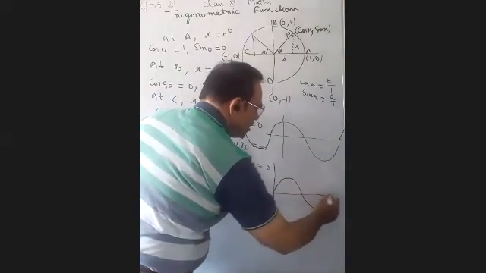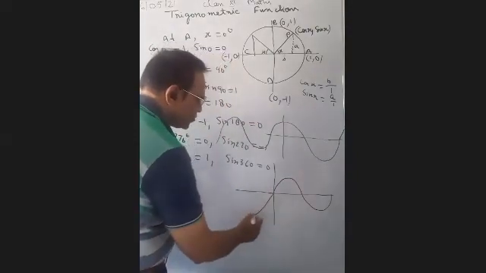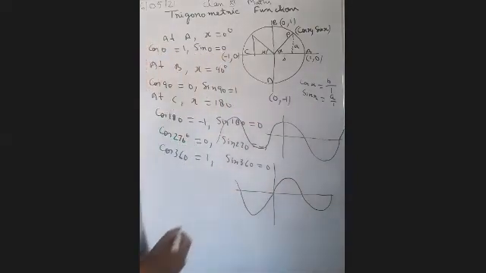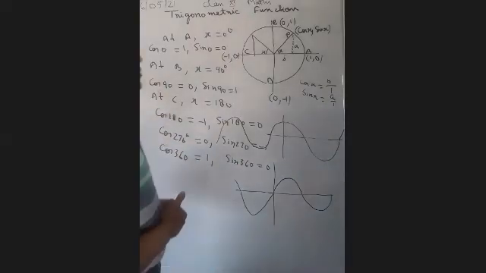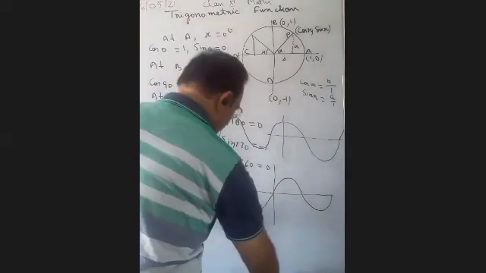And then 0. In the same way, the value of the cosine function repeats. It increases from 0 to 1 and then decreases from 1 to -1. So you have to remember this, the cos and sine functions.